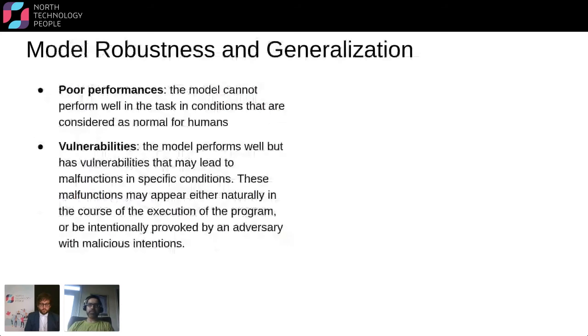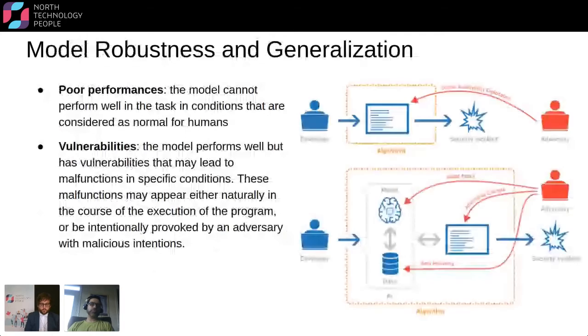This is one of my favorite issues, which is model robustness and generalization. Like, you have your model which has an accuracy of 99% on the training data set. You use your test data set to verify it. You have an accuracy of 98%.